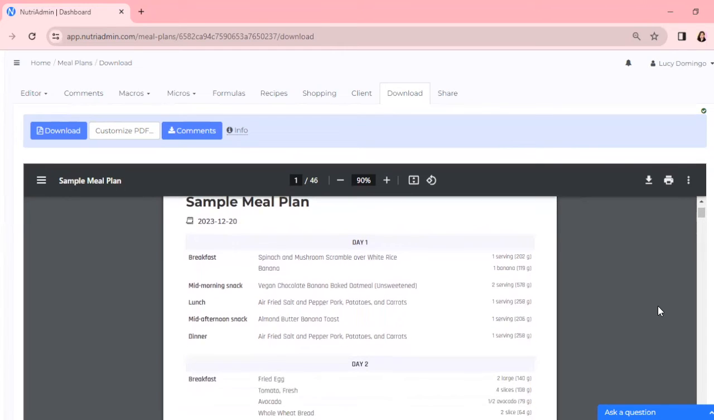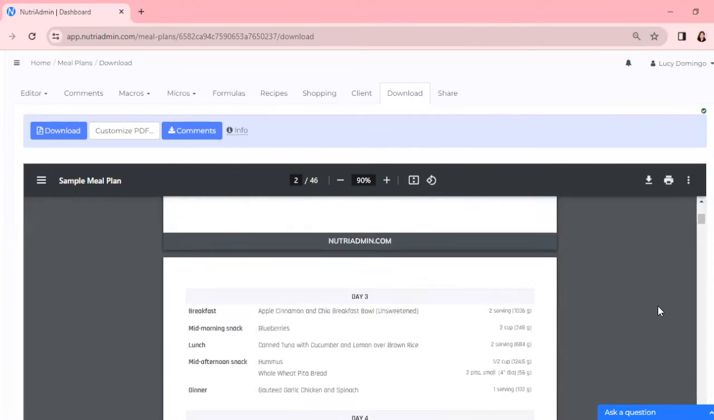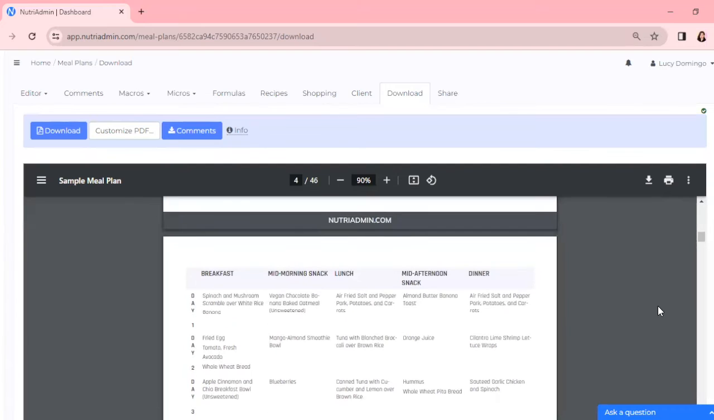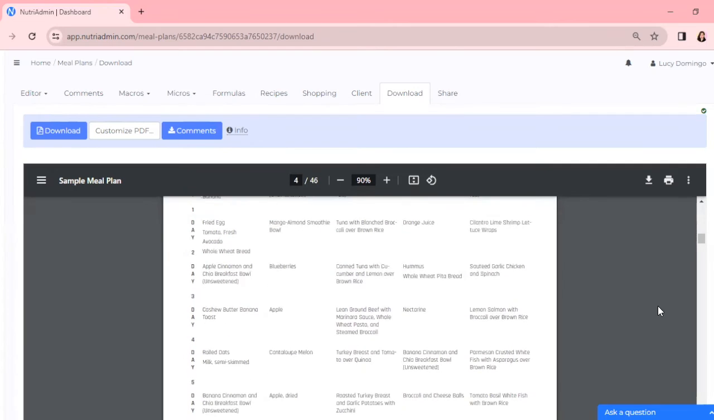So it will show you a list of recipes or meals that you're going to make for each day, but you also have a compact list of everything that you would eat, or every meal that you'll have for the whole week, which you can use. You can post it on your fridge so that